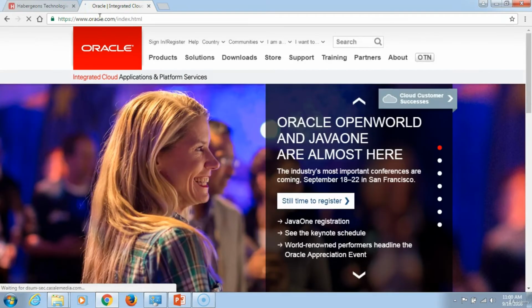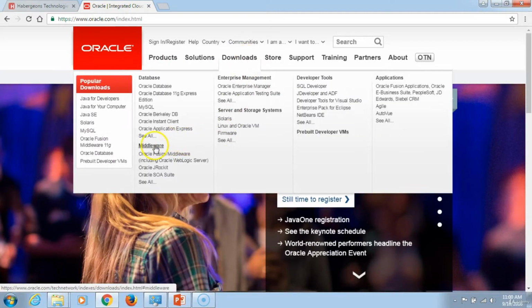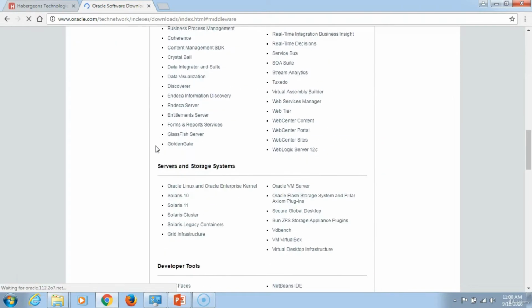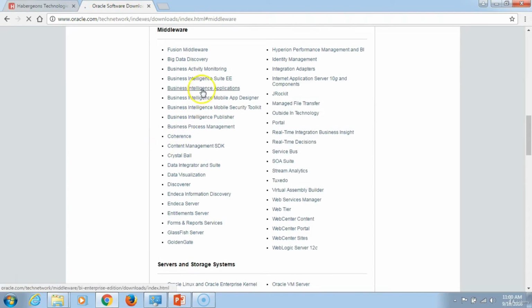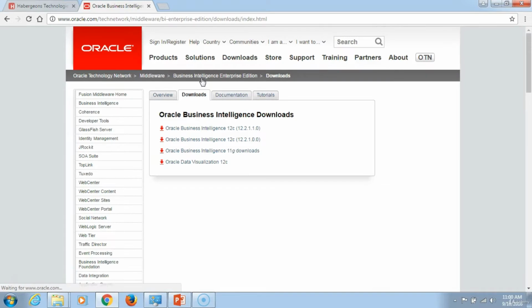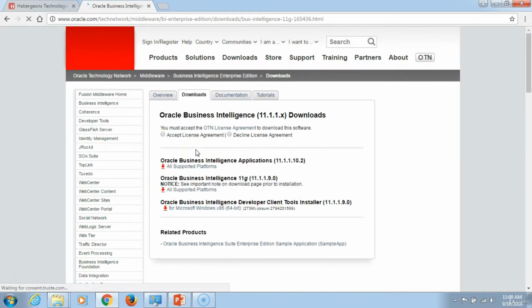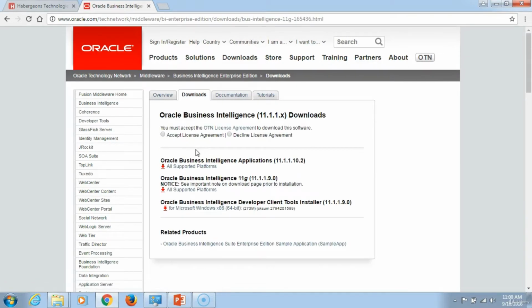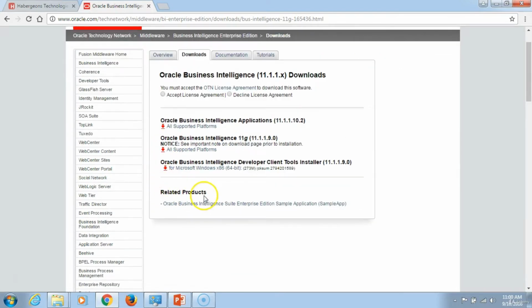or you can go direct to the Oracle website, go under Downloads, Middleware, and then under Middleware you go to Business Intelligence Suite Enterprise Edition, choose Oracle Business Intelligence Enterprise Edition 11G. Then when you get to this point, do not attempt to download any of these because these are Windows related. You scroll down to related products, you click on that option,